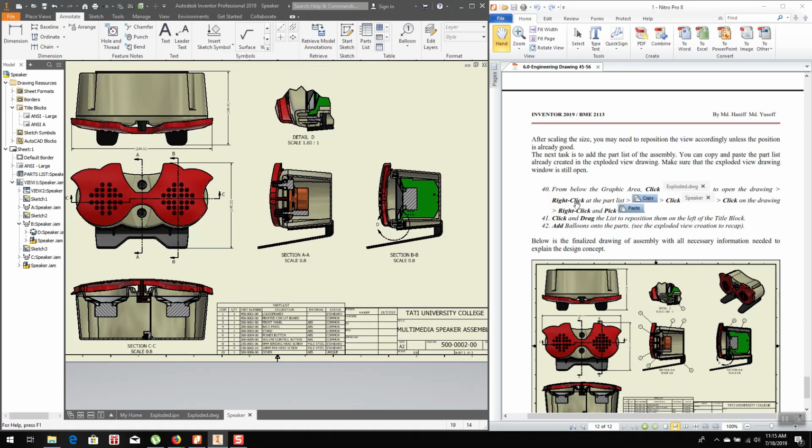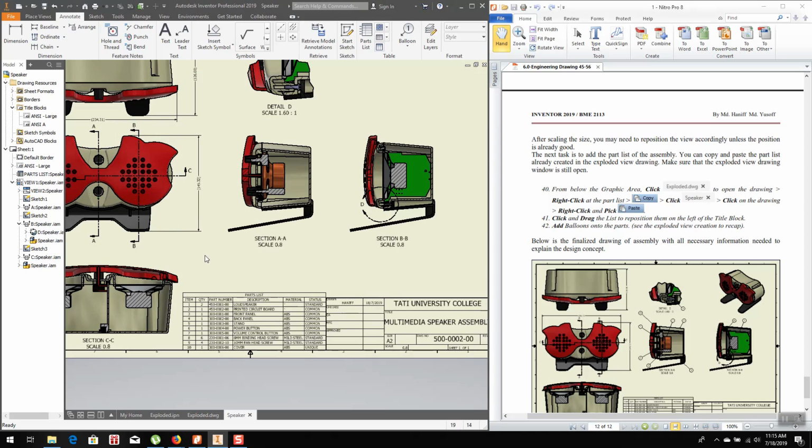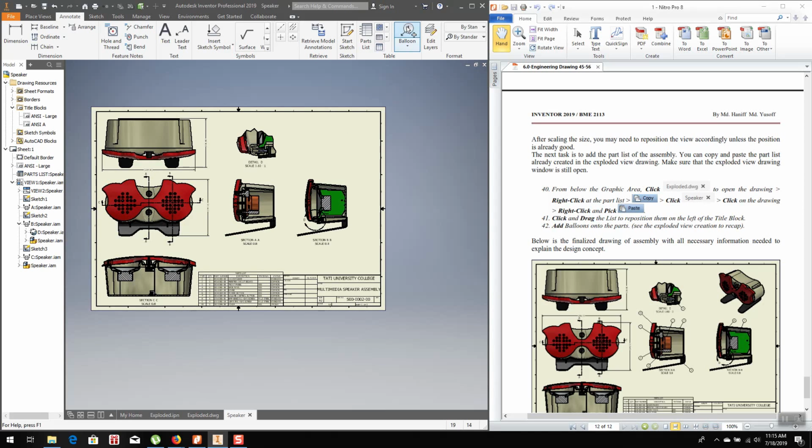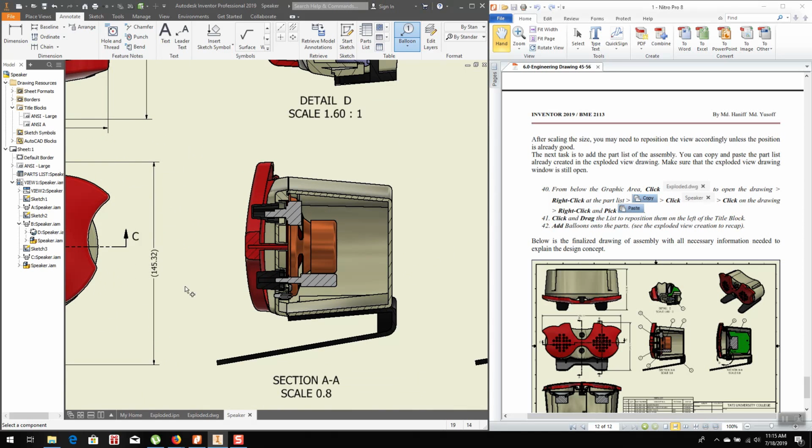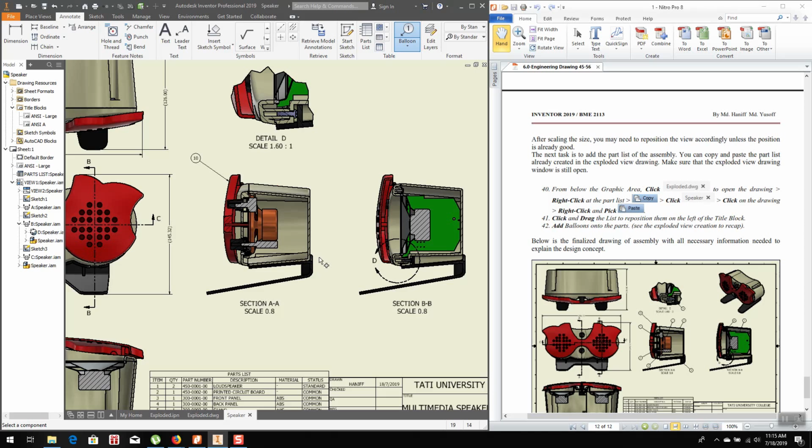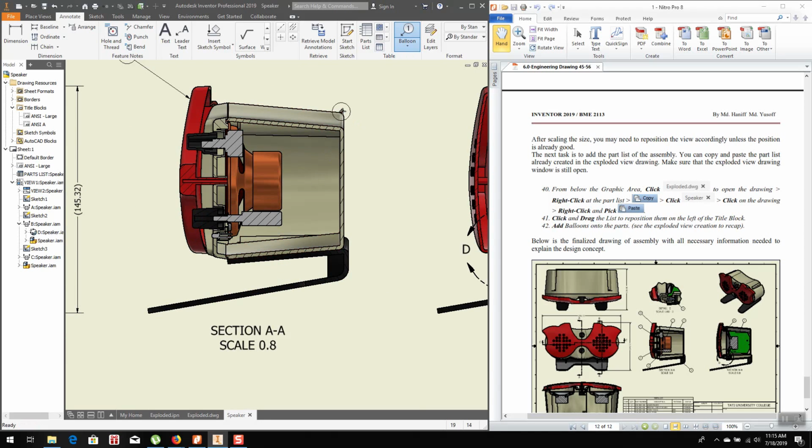Alright, the rest here. Click and drag. Okay, next, add balloons. See the exploded view creation to recap. To add balloons, it is the same as before, when we made the exploded view. Click this and then just click whichever part you want. Right, for example this. Continue. The front panel and back panel, continue. Speaker, continue. Volume control button, continue. Power button,